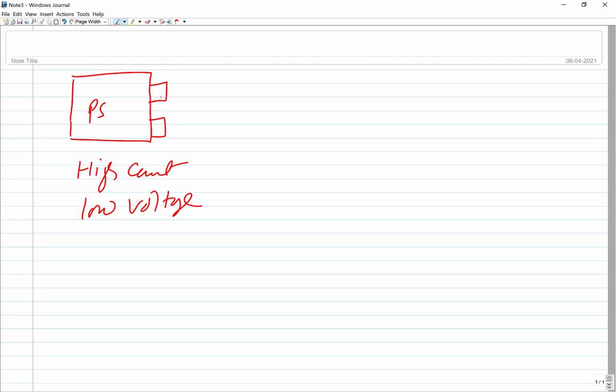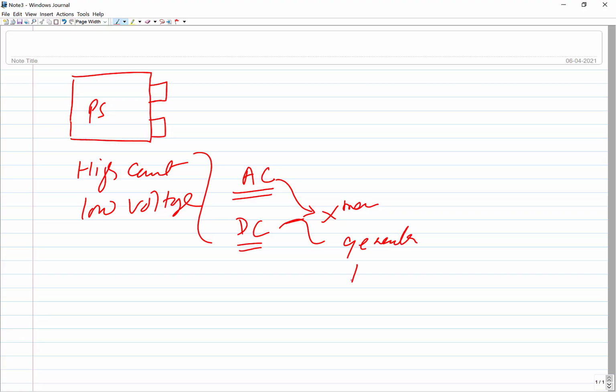So this power source can be of different types. It can be simple giving AC, or it can be DC type. The DC type power source, like transformers. AC, the most common source of the AC is the transformer, and for the DC there is a generator, there is a rectifier.